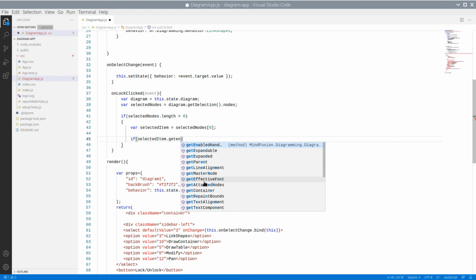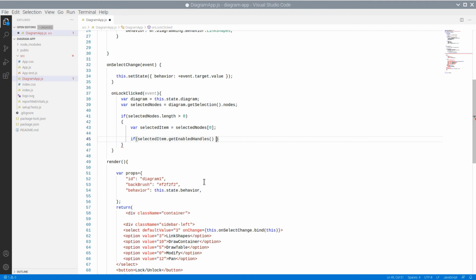We get the first node in the selection and we check if its handles are enabled. If they are, we disable them.